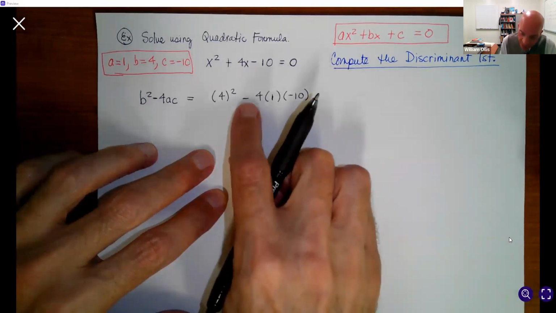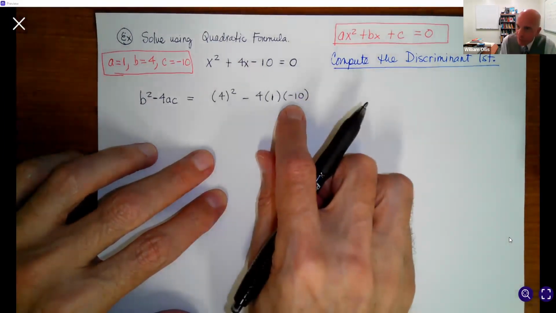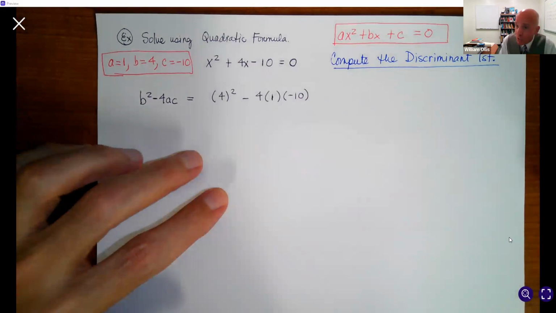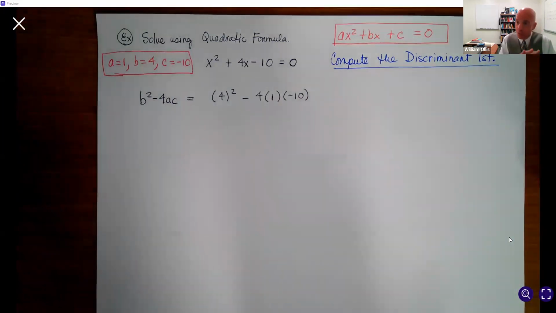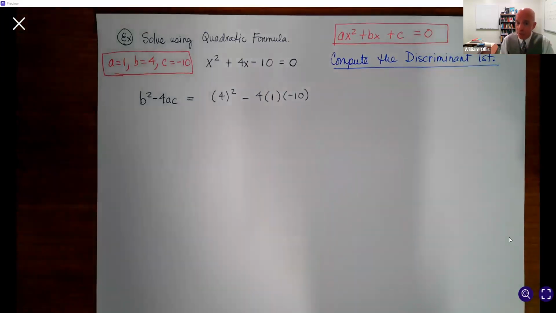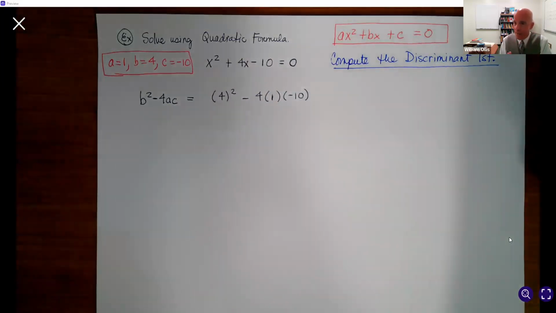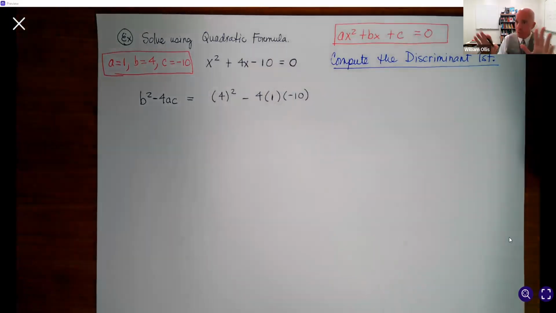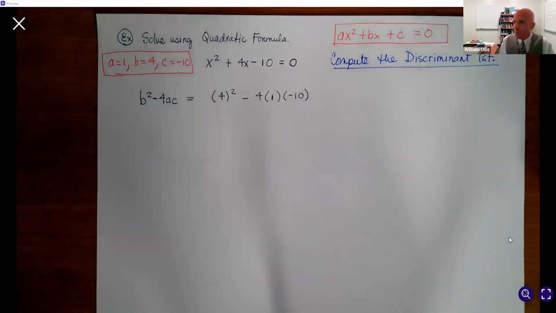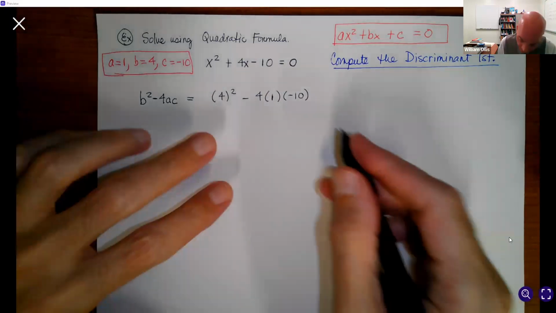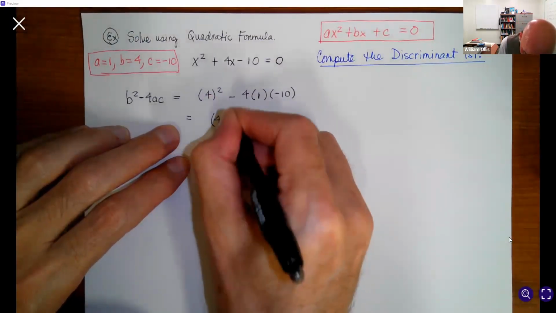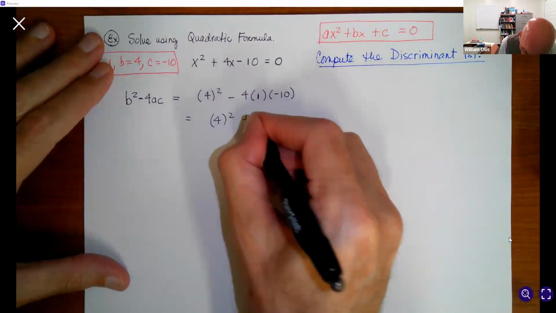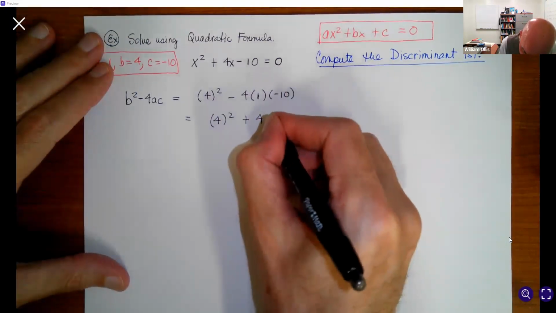So notice we've got subtracting an additive inverse. That by definition is addition. That is, if you subtract the additive inverse, the additive inverse of the additive inverse absorbs the negatives. So again, a property that you learned in Algebra 1. So this gives us 4 squared